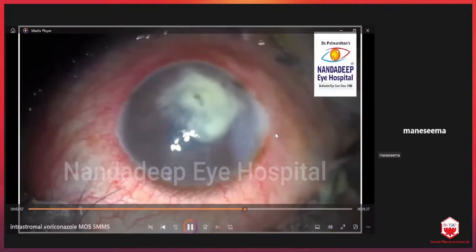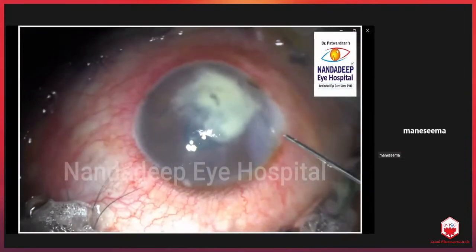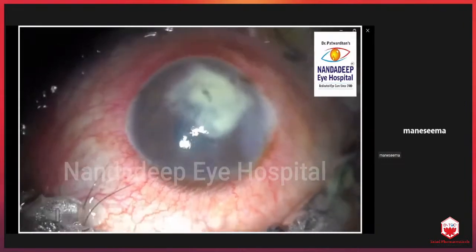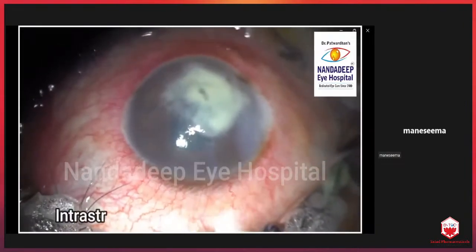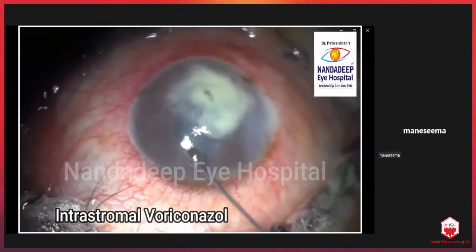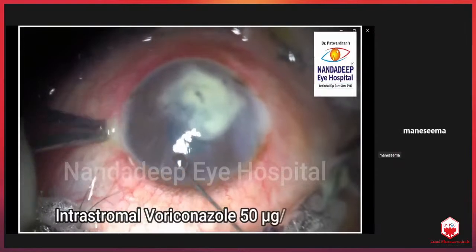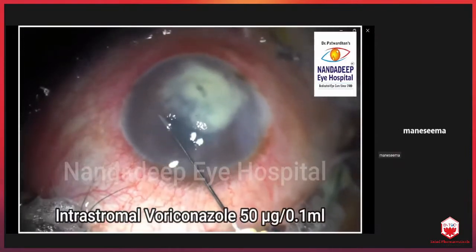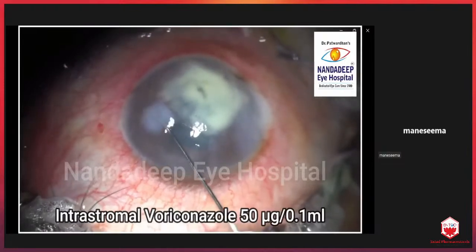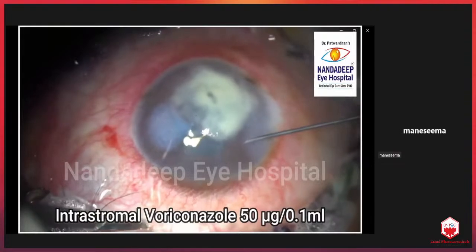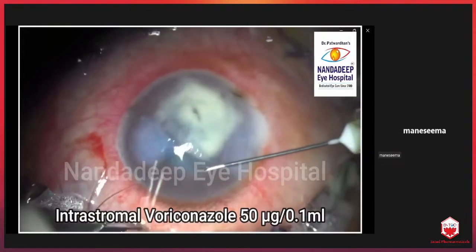A 1 ml syringe is used. Initially I have made the side port. The hypopyon was there, the AC wash was given, and the chamber was formed properly, a little bit on the hypotony side. There should not be any air in the needle hub. Go parallel to the ulcer, away from the ulcer. At any point of time, your needle should not touch any part of the infiltrate.